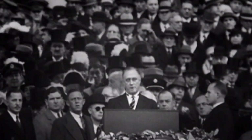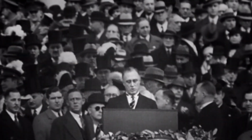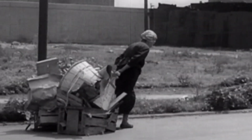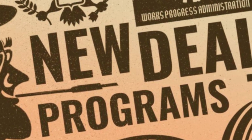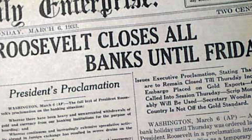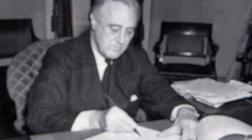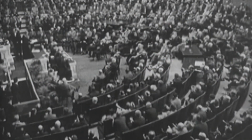When he was inaugurated in March 1933, FDR was faced with the greatest crisis in American history since the Civil War, the Great Depression. He undertook immediate actions to initiate his New Deal programs. To halt depositors' panic, he temporarily closed the banks. During his first 100 days in office, FDR worked with a special session of Congress to pass recovery legislation which